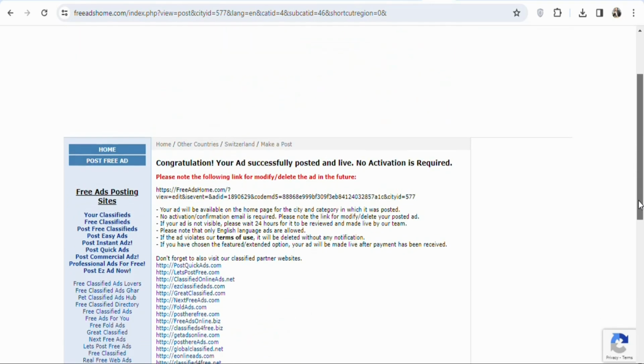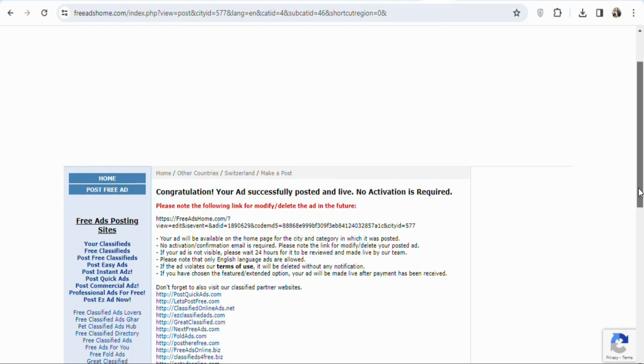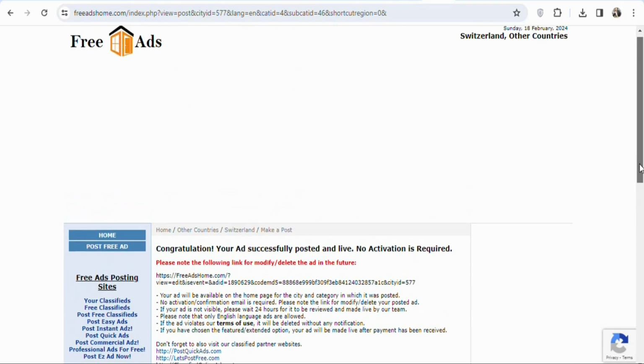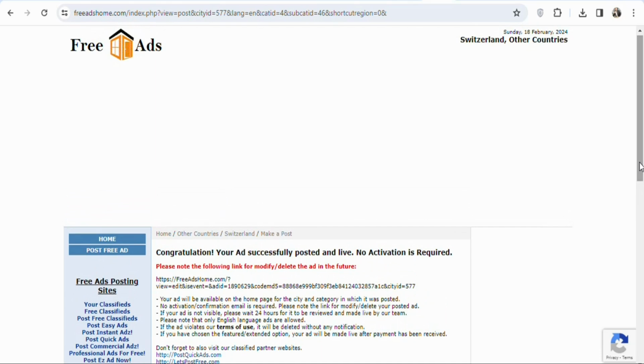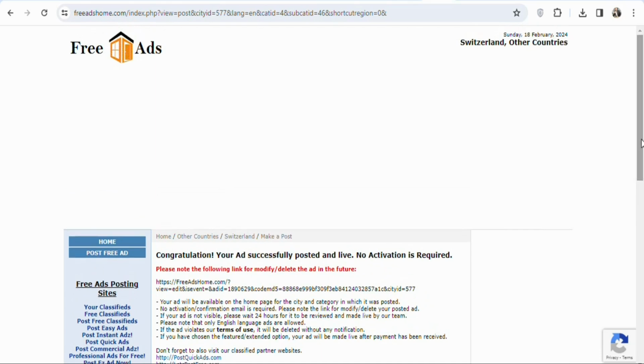The best way to succeed with classified ads is consistency. You have to be consistent. You have to post a lot of different ads so that you can get a lot of traffic. There are a lot of different people competing on this same website. So for you to stand out, you have to be consistent. You have to keep on posting a lot of different ads onto the website so that you can get a lot of traffic. Do not post only one and expect magic to happen. Post a lot of different ads onto the platform so that you can get results.